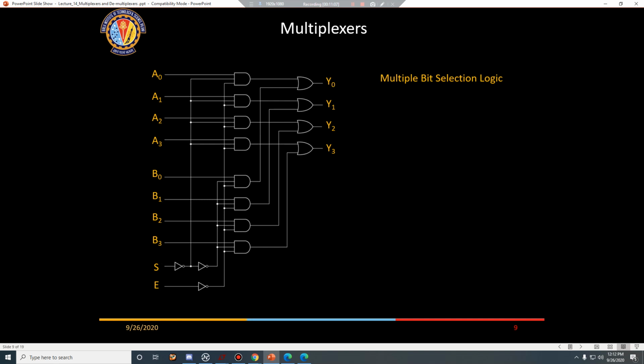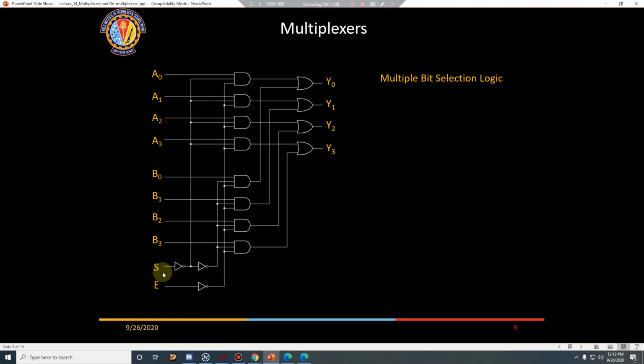Sir, if enable is 0, then the inputs to the AND gates get 1. Yeah. So if our enable is 1, basically there won't be any output at all. The output will become low. Okay, so the function of the enable is very clear here. When enable is 0, all the gates are going to have 1, only then the output will be available. If enable is 1, then all the AND gates will give a 0 output, so the output will be 0. Okay, so that is done.